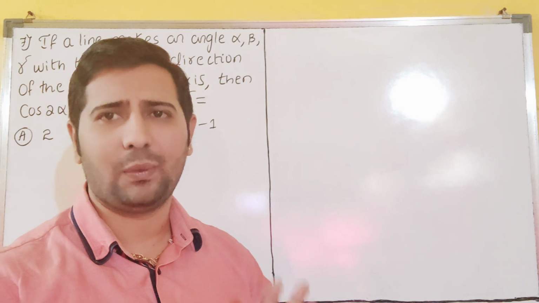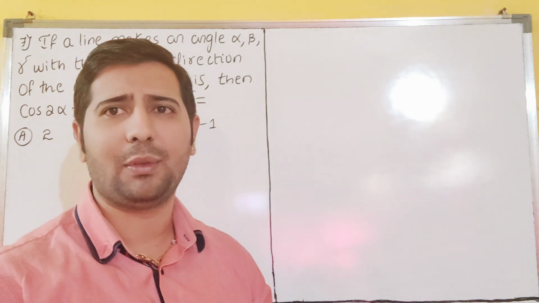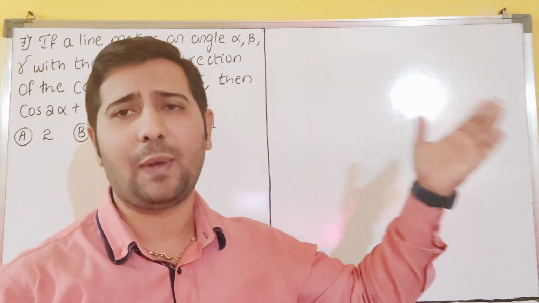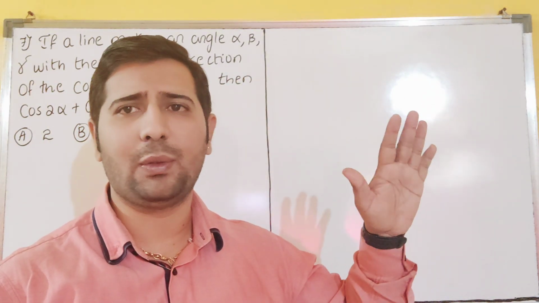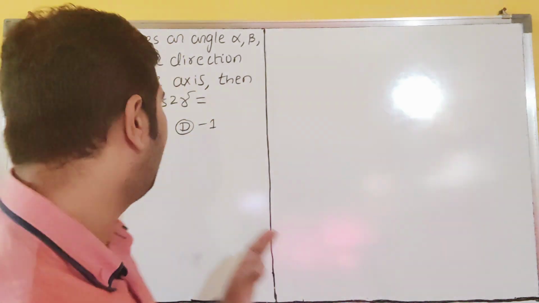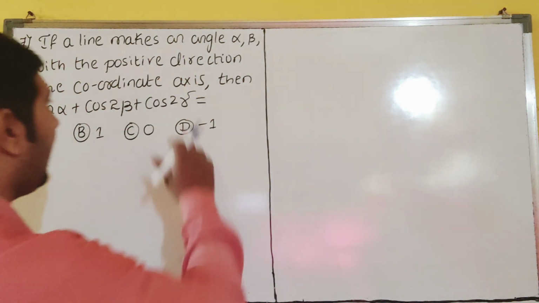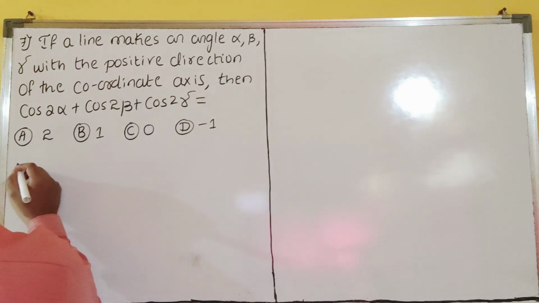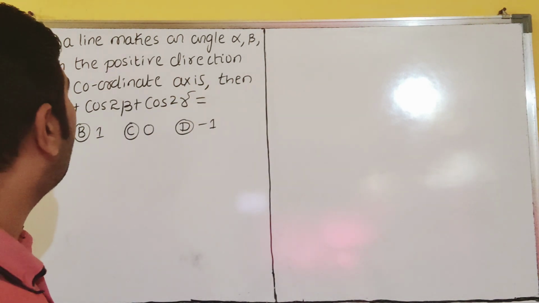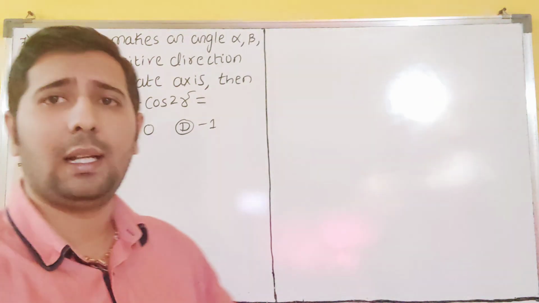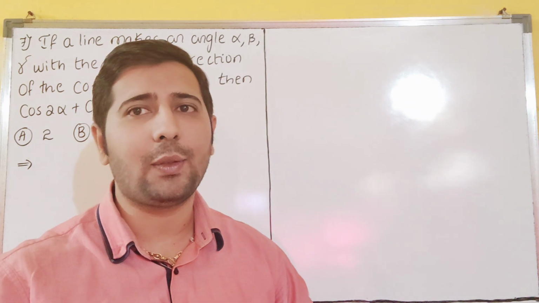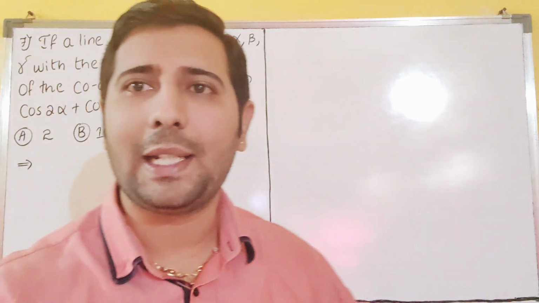For the time being, we don't worry about that, because we know that alpha, beta, gamma are nothing but the angles with the x-axis, y-axis and z-axis. Everyone knows this. No need to think and talk more about it in the video, dear students. So now see here: alpha, beta, gamma are the directional angles, dear students. Then the direction cosines are cos alpha, cos beta, cos gamma.